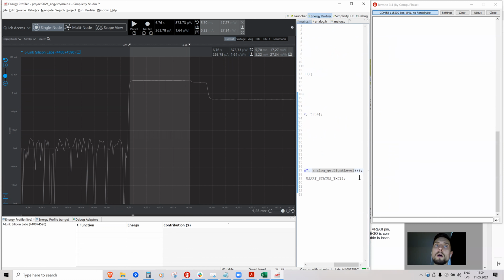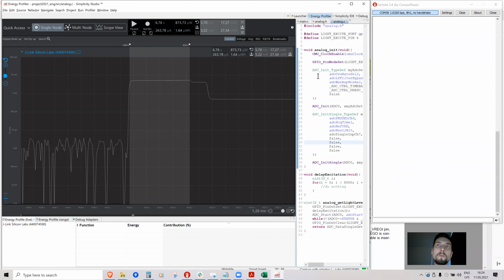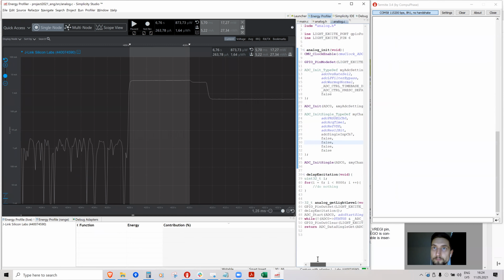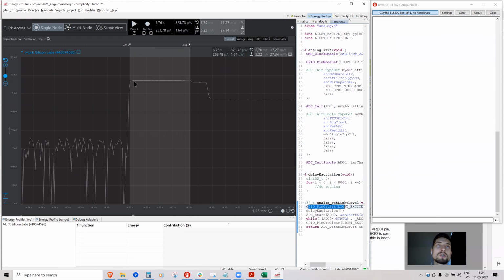So first, the code goes to analog get light level. In this code, it sets pin high, this excitation pin, then it waits for some time. In this case, we can measure that it is 5.6 milliseconds. Then it does the analog to digital conversion, which is very fast. And then it switches this